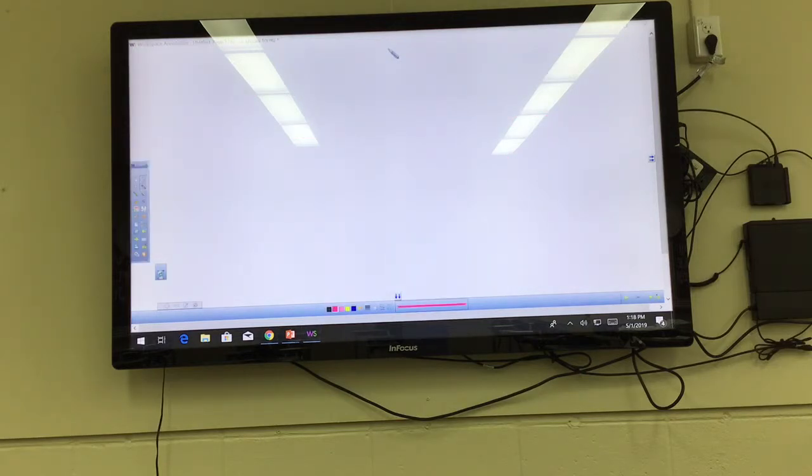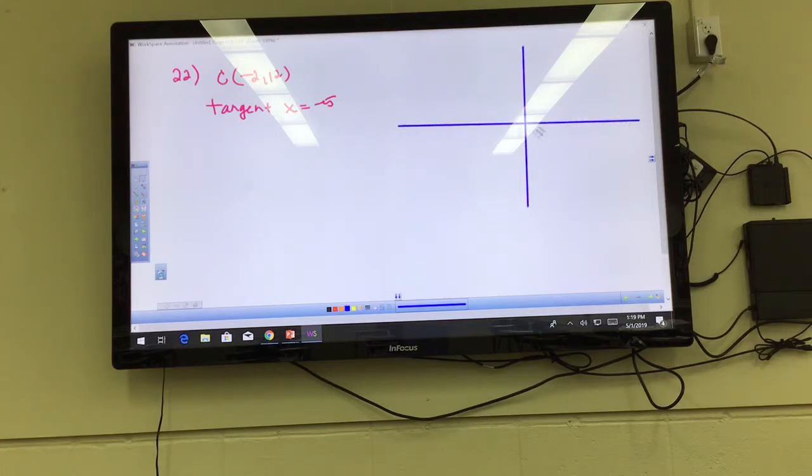All right, last example. What does it mean if something is tangent to the circle? Well, tangent just means it's touching it. It's touching it at that point. So this is number 22 from your worksheet from Kuta Software. They tell us that we have a center at negative 2, 12, and it's tangent to x equals negative 5. So if I draw a sketch of that, I sketch negative 2, 12, so left 2,